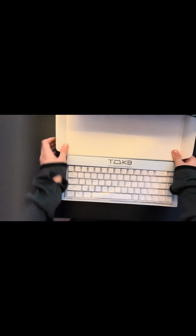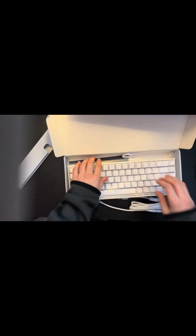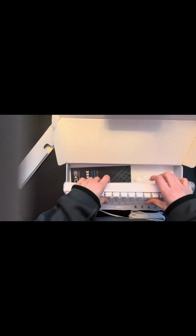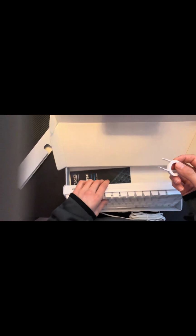That's how we open it. Okay, so this is the keyboard and mouse. I think it's really nice so far. I don't know if it comes with any extra tools. Yep, it comes with the wire, so it's wired so far. This might be a key remover. So yeah, this is